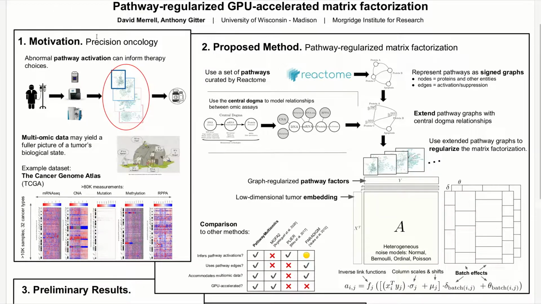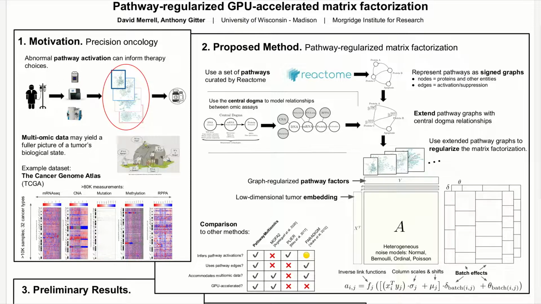Our work is motivated by an application in precision oncology. It's based on the idea that pathways provide a useful vocabulary for describing cancer. We often describe a tumor in terms of the pathways that are abnormally active or inactive in it. This pathway perspective is clinically useful. If we know which pathways are abnormally active or inactive in the tumor, then we could, in principle, choose therapies that target those abnormalities. But before we can infer any pathway information about a tumor, we must first collect data